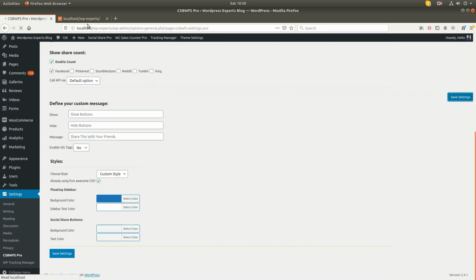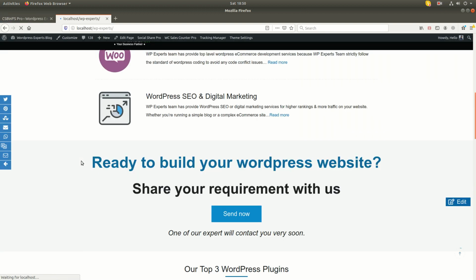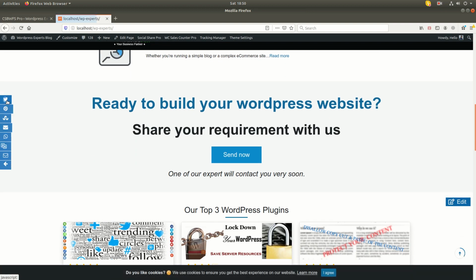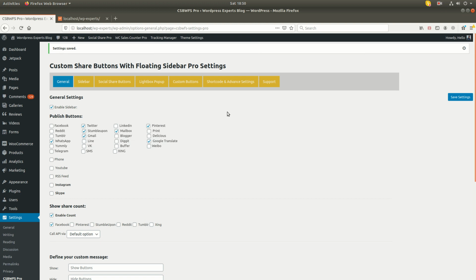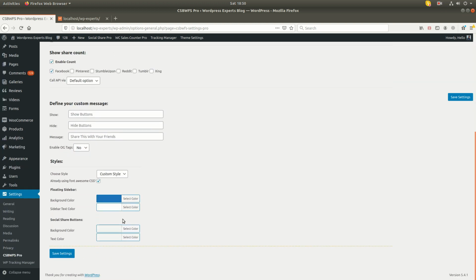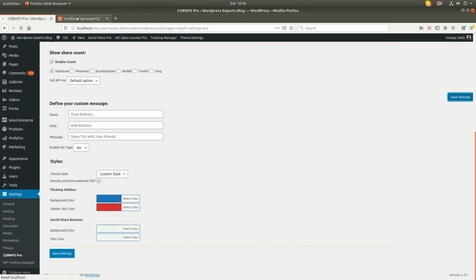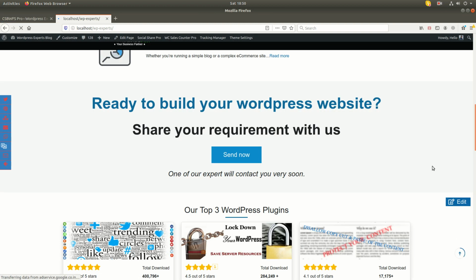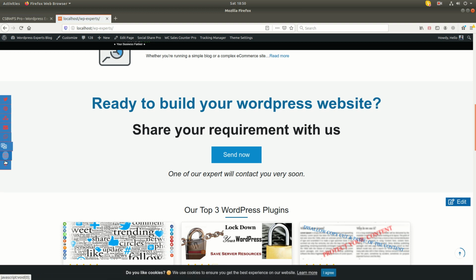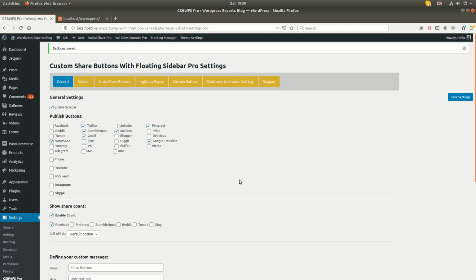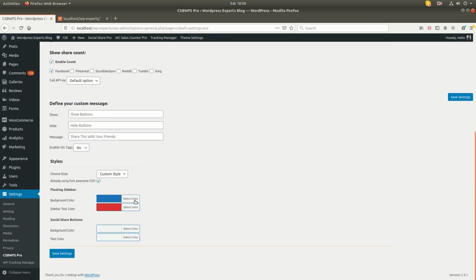Like this one. If you are using background white, see, this is just like magic. Text, if you want to change the text, then you can select, and in this one you can see the buttons are showing in red. Its combination is not good.